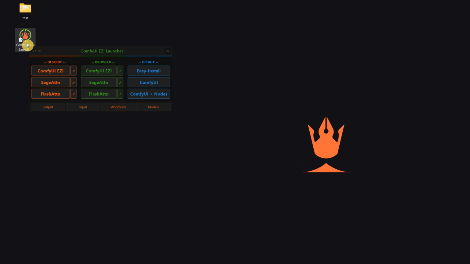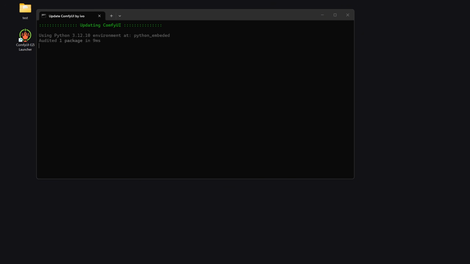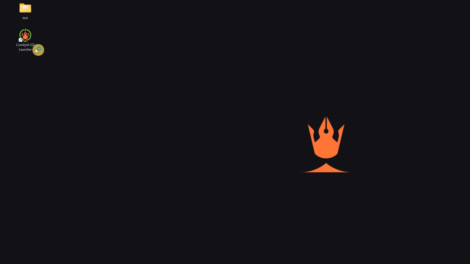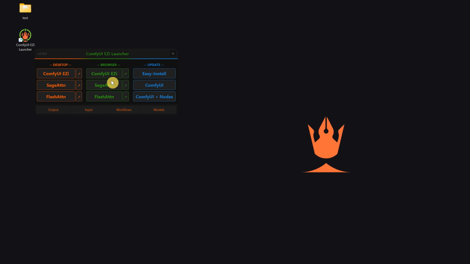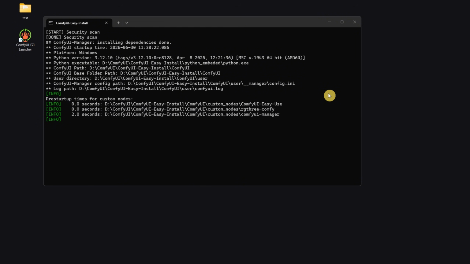Since this is a new model, we need to do some updates first. Update Easy Install, so you have the latest Easy Install version and the latest Pixaroma nodes. After that, you need to update ComfyUI, because the ComfyUI nodes don't recognize this model yet. Then you can start ComfyUI normally or with Sage Attention. If, for some reason, you get black image generations with Sage Attention,